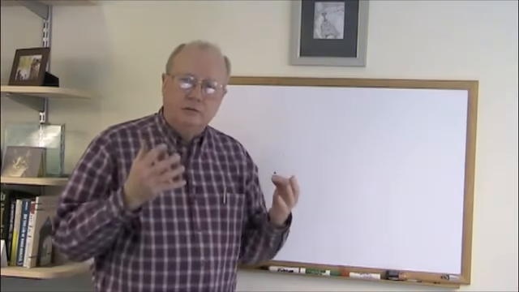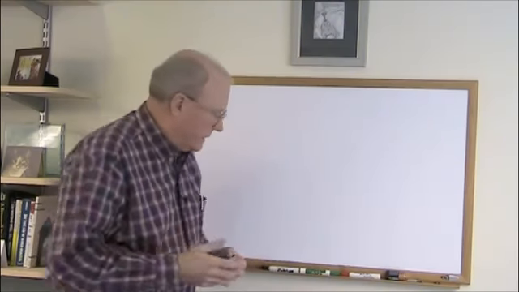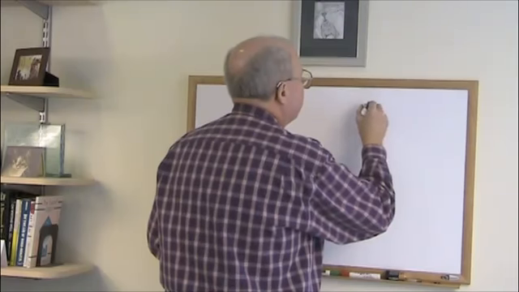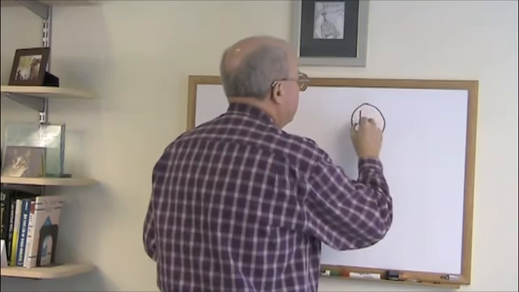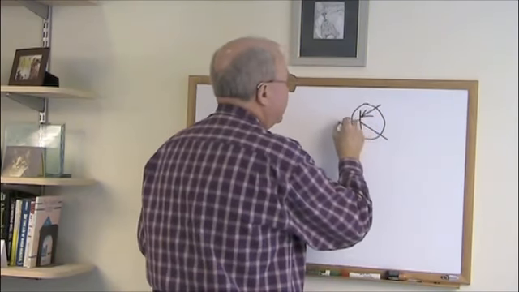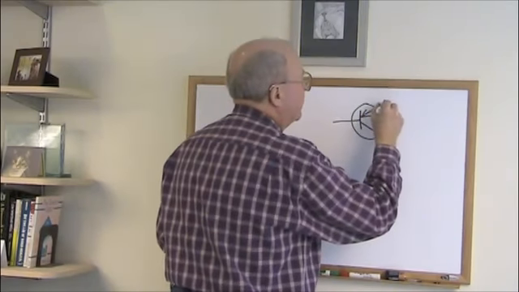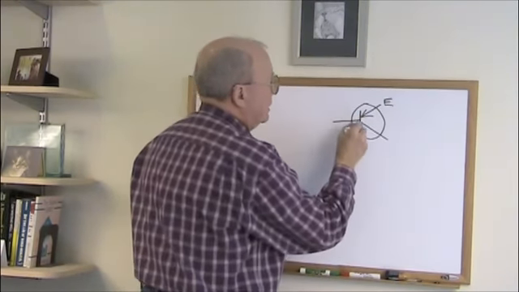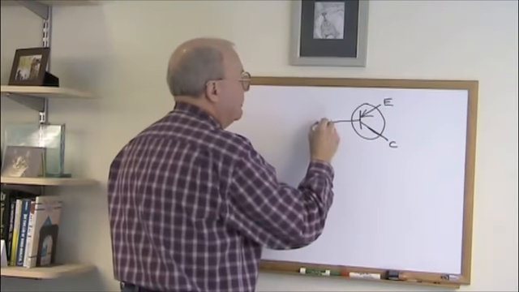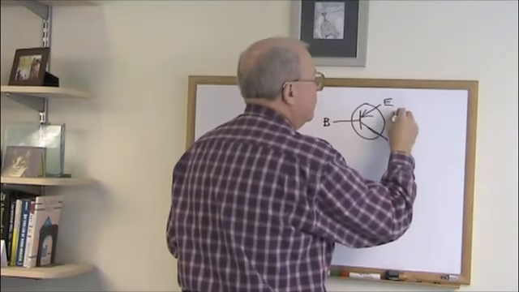So let's take a look at the two types of transistors that you can use to typically drive LEDs. I'll draw the symbol for the first one and then the second one. The first one uses a circular symbol with two lines that come in. One has an arrowhead and comes out like that. This arrowhead is called the emitter, and we'll give that E. The line that comes off at an angle is called the collector, and we also have a base. This is called a PNP transistor, PNP,